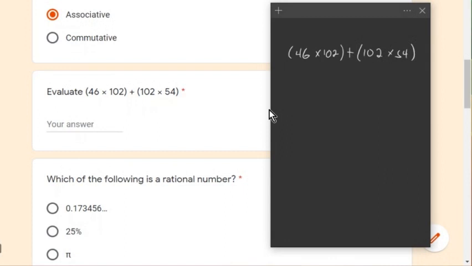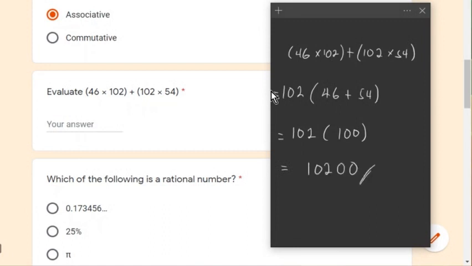So it is similar to 102 multiplying the sum of 46 and 54. So we can just add this, and this is 102 times 100, and when we are multiplying by 100 we just add the 2 zeros, so the answer will be 10200. So that will be the correct answer,